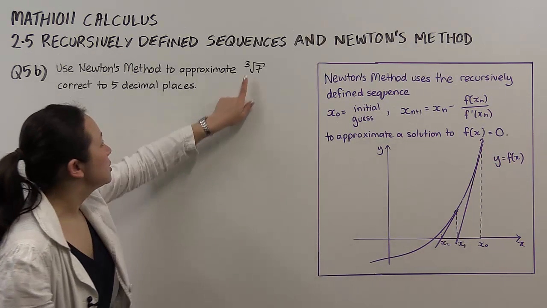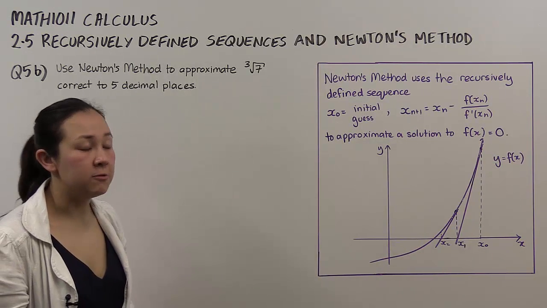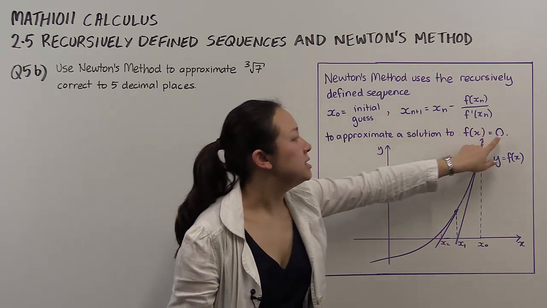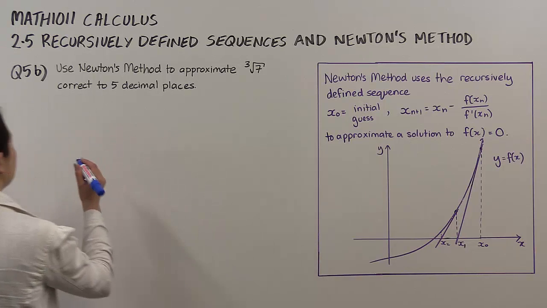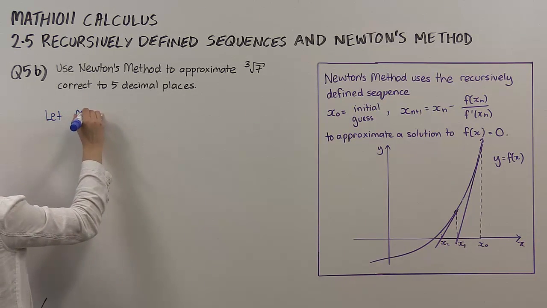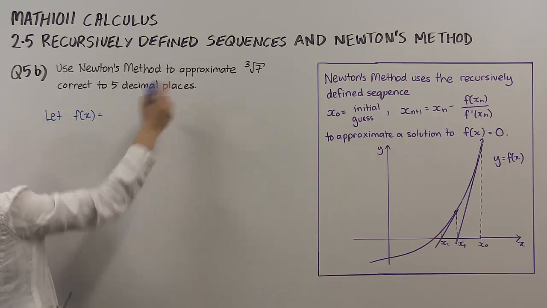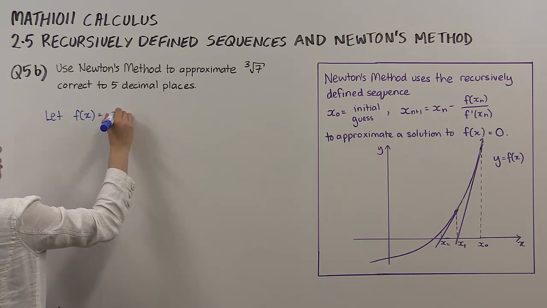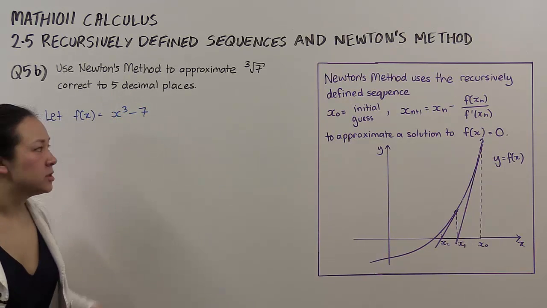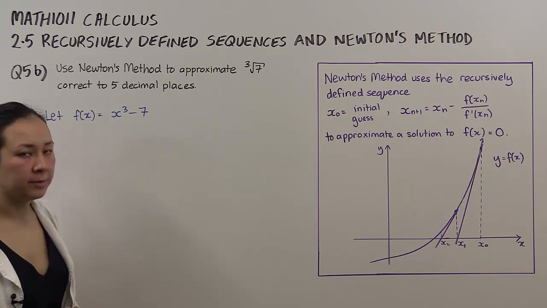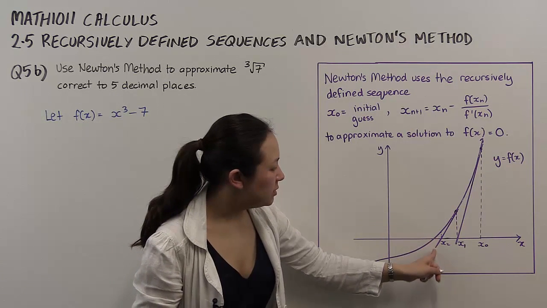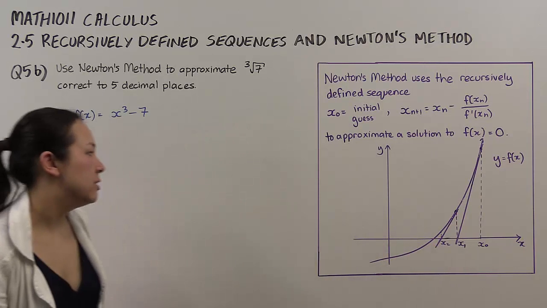So if I want to approximate the cube root of 7, I'm going to need a function that the cube root of 7 is a 0 for. So let's start off by defining that function. Let f of x equal, well, the cube root of 7 is a solution to x cubed minus 7 equals 0. It's a root of this polynomial here. And so we'll let f of x equal that,